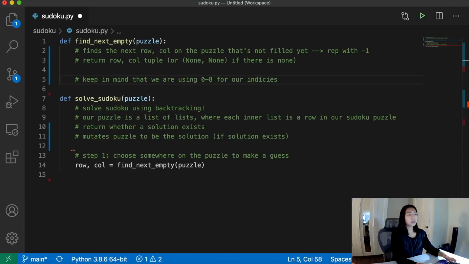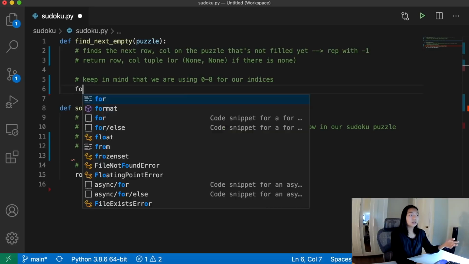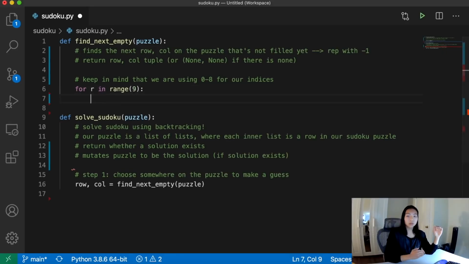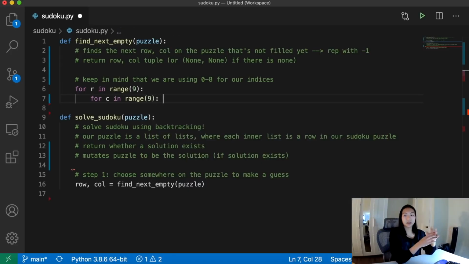Keep in mind that we're zero indexing, so we're starting from 0 and our last index is 8. So essentially I can just go in order. I can check each row and then check each column. And whatever the first empty space you get, I'm just going to return the row, column value of that. So here I can do for each row in range 9, so I'm iterating through my 9 rows. And then for that row, for each column value in range 9, so that's my 0 through 8,